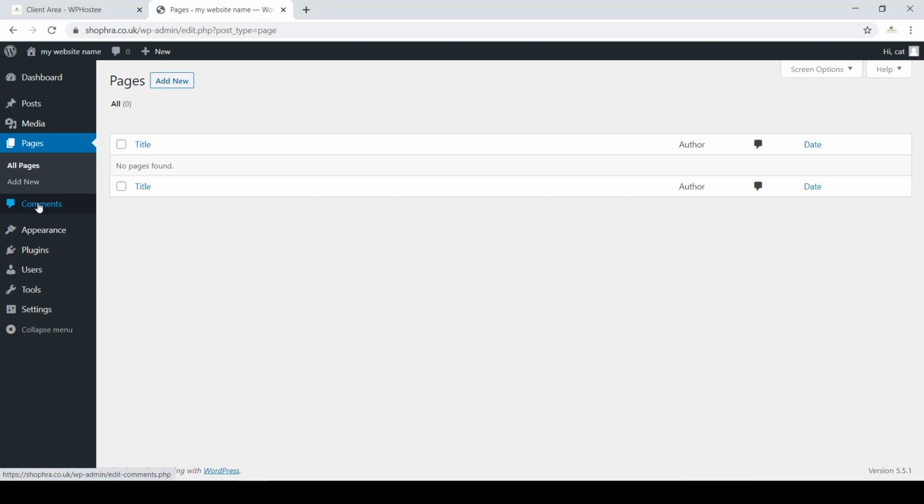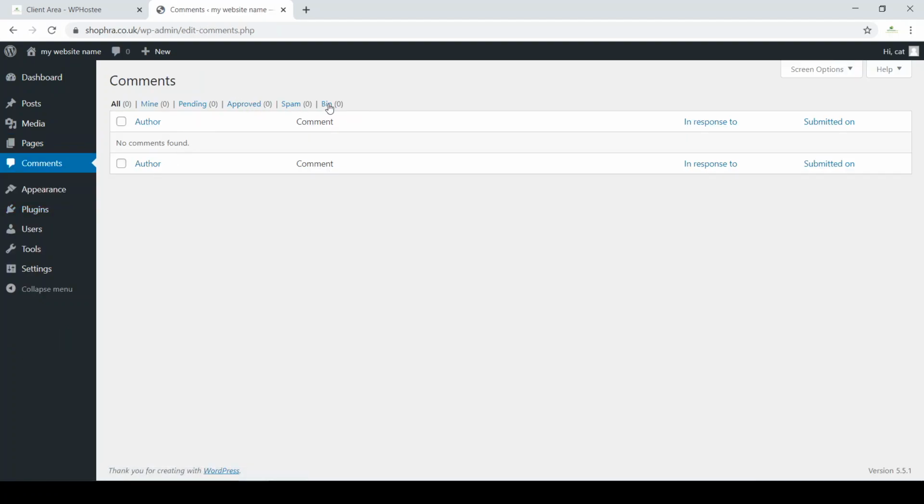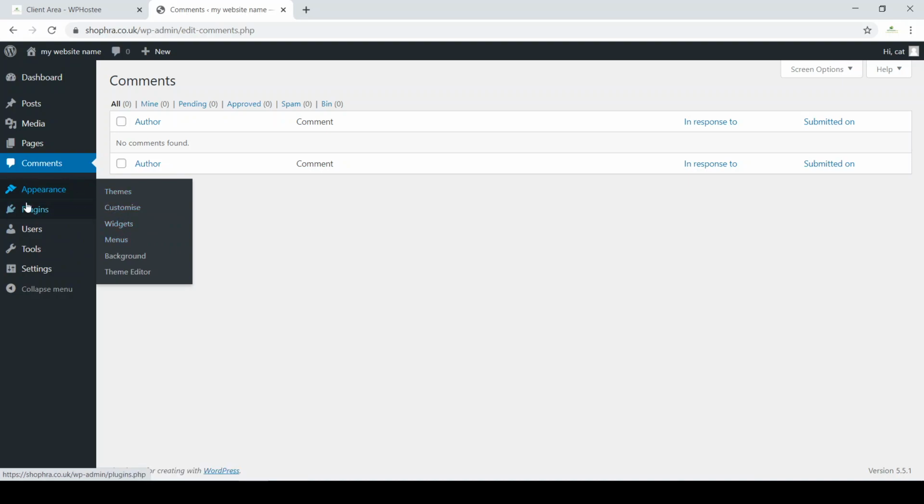Comments, make sure there is no comments here. Click comments. No, everything is empty. That's good. Appearance, no, we don't need this. Plugins,